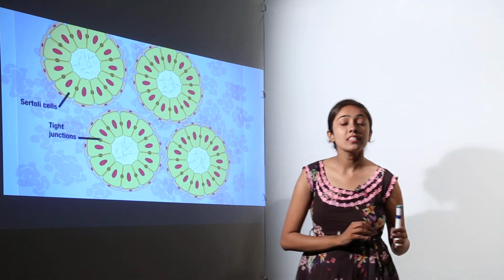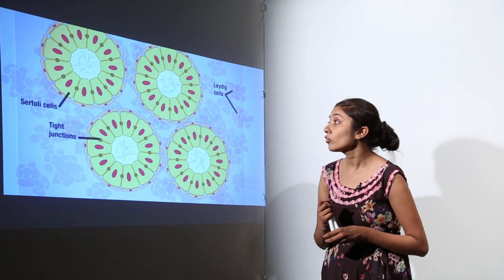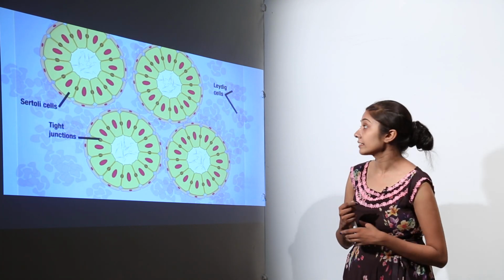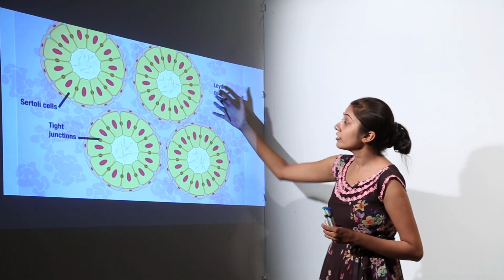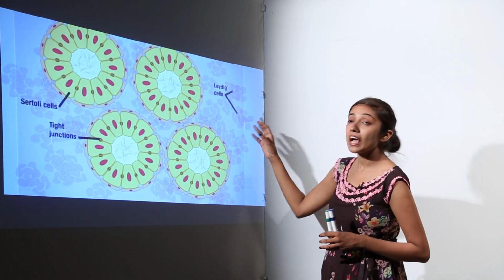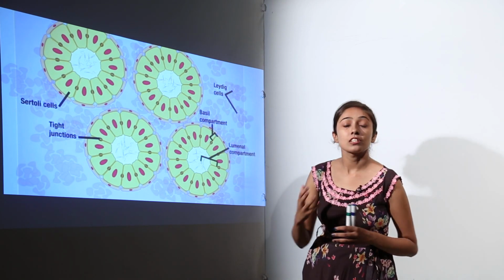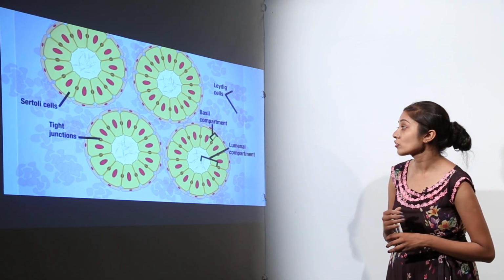So the Sertoli cells or the Nernst cells, they are joined to each other by some tight junctions. These Sertoli cells or Nernst cells provide nourishment, and they also secrete ABP, that is androgen binding protein, which helps in spermatogenesis. In between these seminiferous tubules, we have Leydig cells. These are polygonal shaped cells. They are also known as interstitial cells, right. And these cells, they secrete androgens, means male sex hormones, that is testosterone.